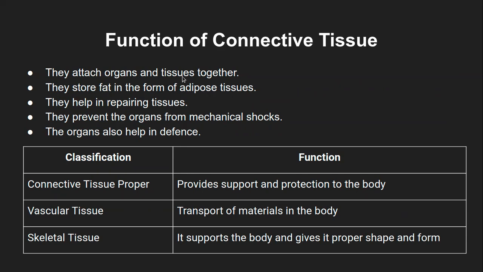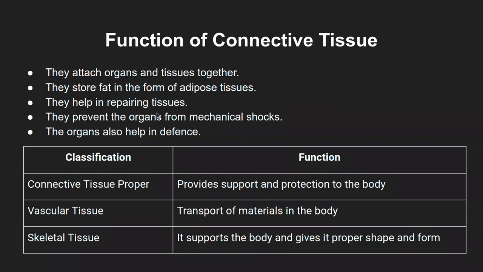They store fat in the form of adipose tissue, and I gave you the example of belly fat, which, as we commonly know, has a lot of adipocytes, or even the hip region, or the thighs. They also have a lot of adipocyte tissues. Commonly, if we are a little chubbier, these are the three portions of the body which grow first, the belly, the hip, or the thighs, right? That's where the adipose tissues are present.